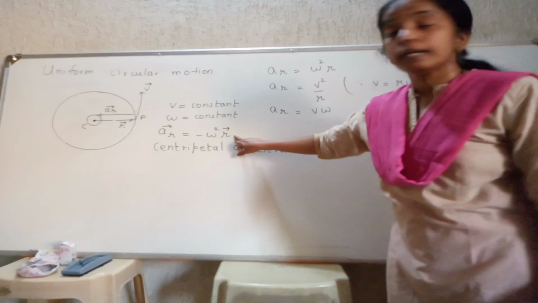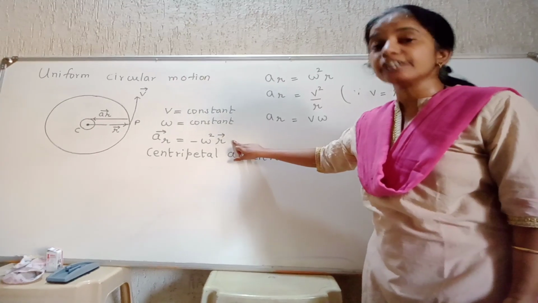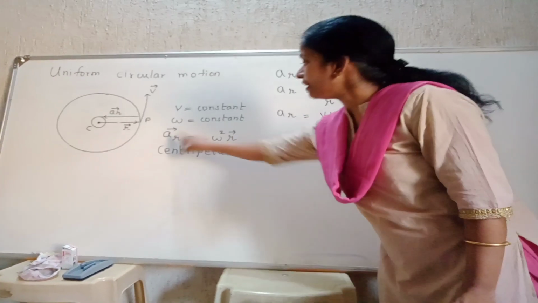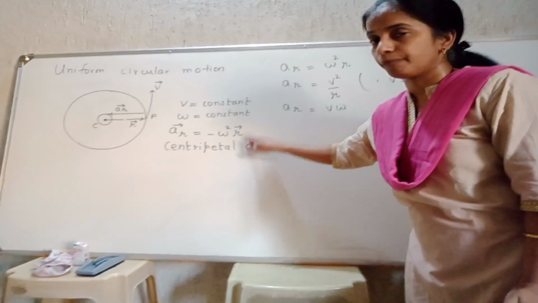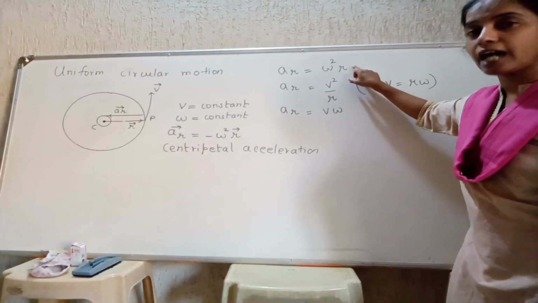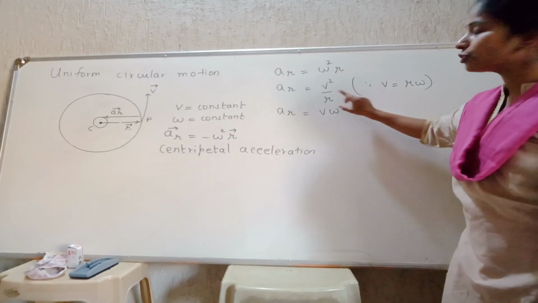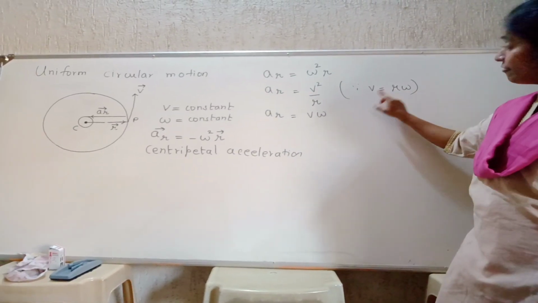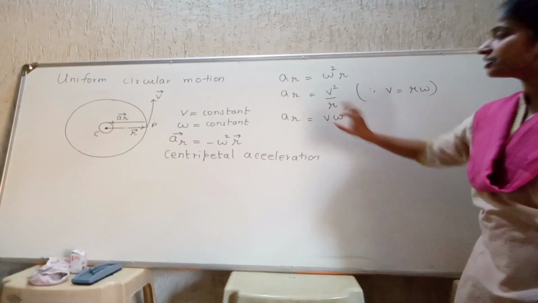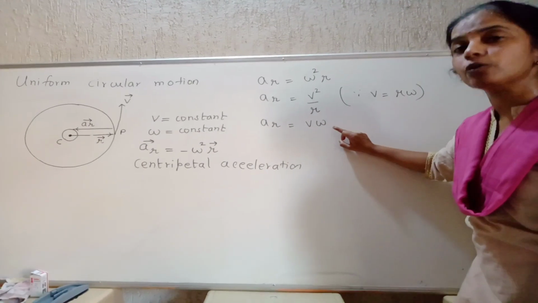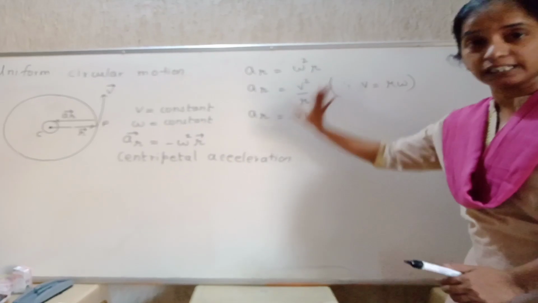This is the radial acceleration or the centripetal acceleration in vector form. The negative sign shows that radial acceleration and radius vector are in opposite directions. One point: in magnitude, you do not consider the direction. AR is equal to omega square r, which is also equal to v square by r. Why so? Because v is r omega. If v is r omega, omega is v upon r, and that ends the job. And AR is v into omega. Are you okay here? This is one concept here. AR is v into omega.